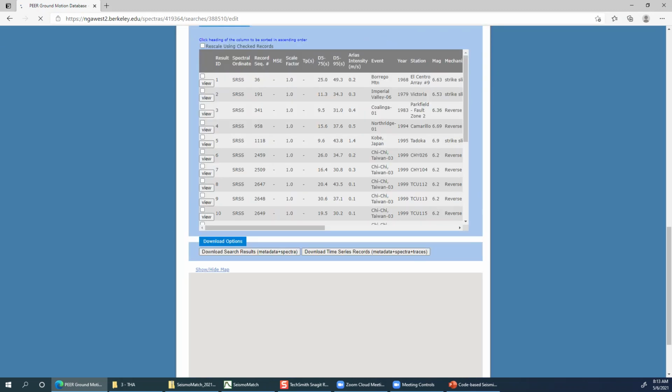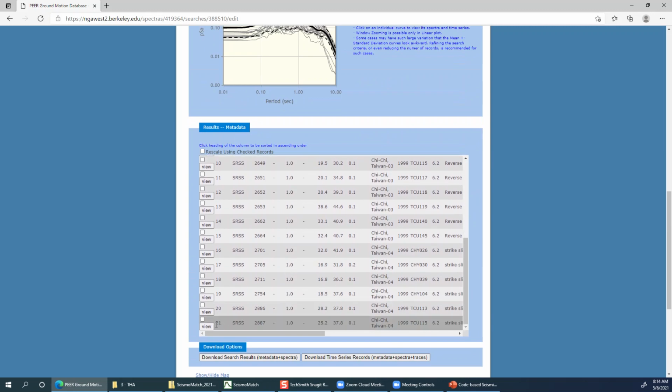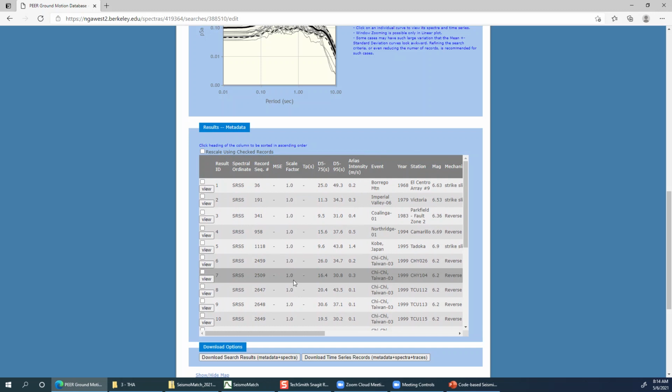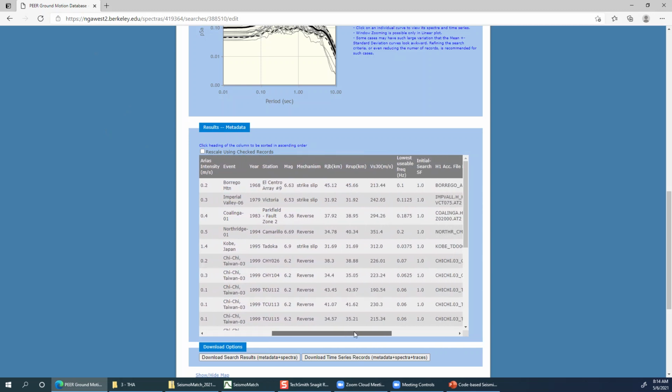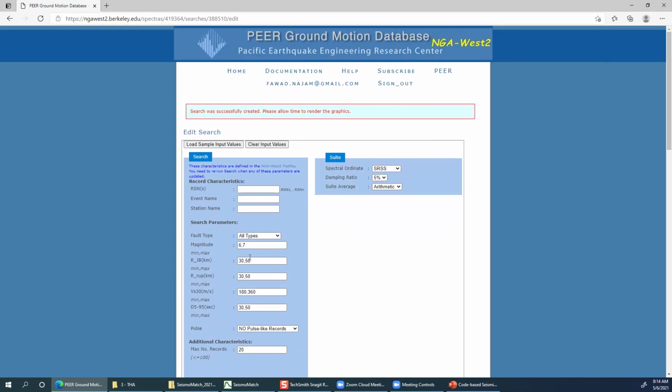So let me directly go down and show you these ground motions. So these are the ground motions. See, there are 21 ground motions which it filtered out and that pass that criteria. You can check here that all of them have a magnitude between 6 and 7, because I have given a magnitude range between 6 and 7.